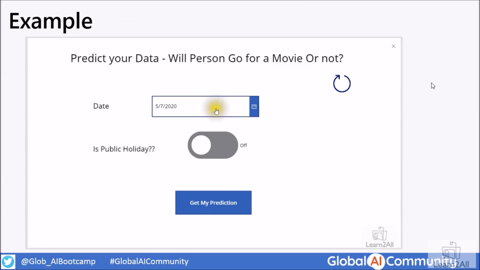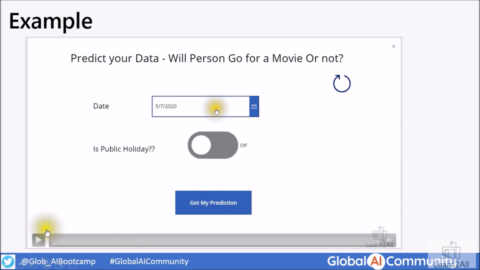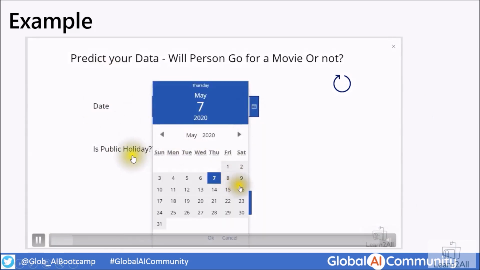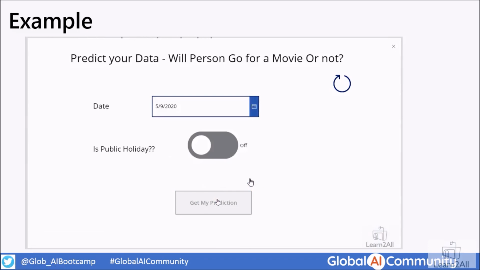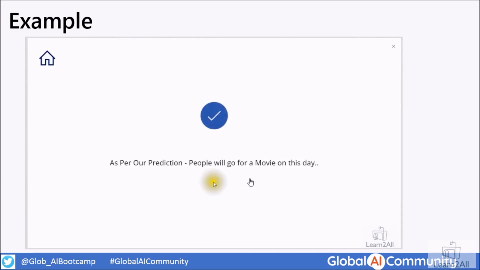Now, during this session, what I am going to cover: I have created one Power App having one date picker, one toggle button, and one button. Whenever I select any future date and want to predict whether the maximum number of people will go for a movie on that day or not, I just click on that. It will trigger my AI model and show the possibility.